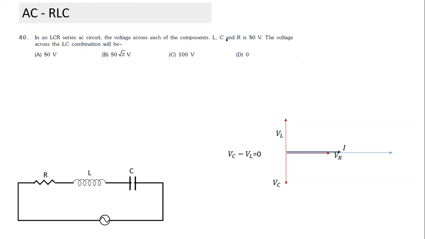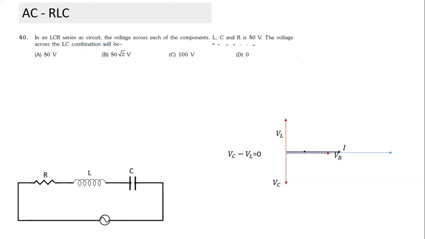Like voltage across all. So basically, based on this information, can I draw the phasor? Is it easy to draw the phasor? Yes, sir. So from here, 3 voltages are given. So we can draw the voltage phasor. And voltage phasor, this is always the relative term. This is VR, and this is VL, and this is VC. And what is given? When I draw these 3 arrows, all 3 arrows will have equal length. That is also easy, because all are given as 50. So they are equal length.